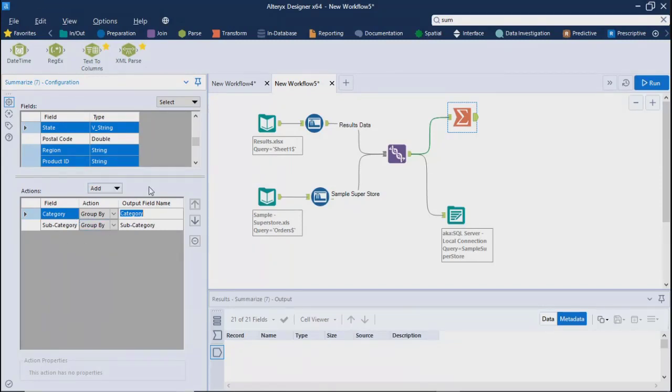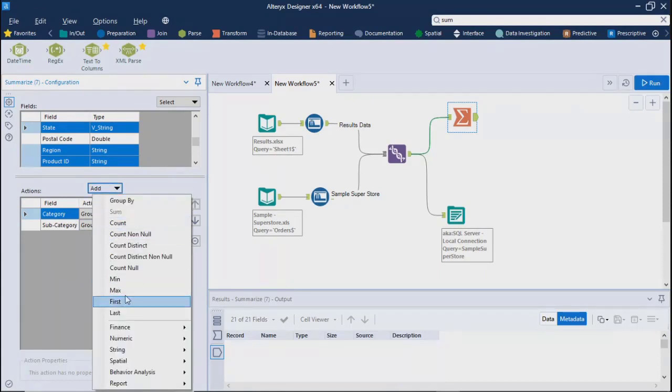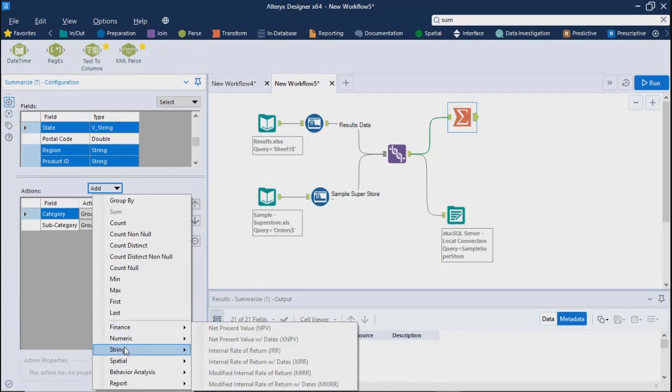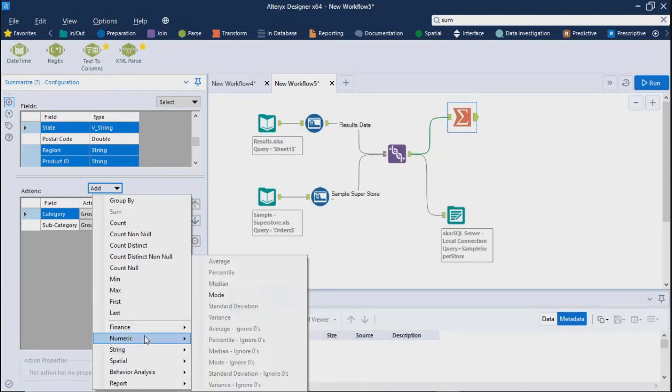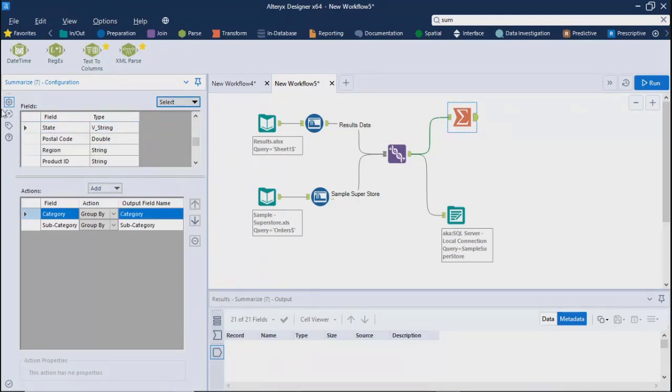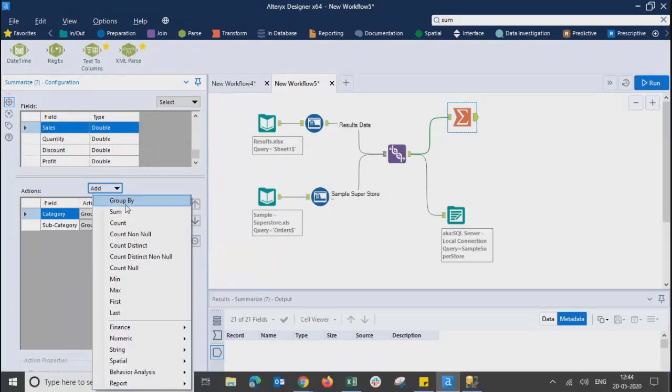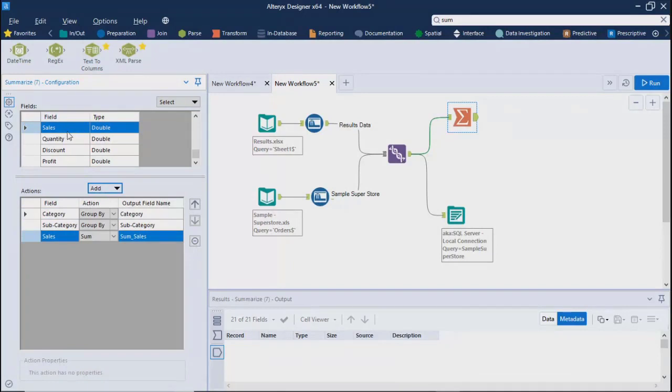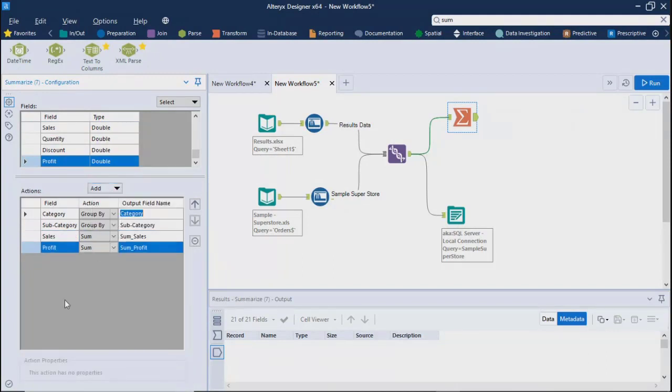Now the next thing I want, I will take sum. For sum, I will go to finance or maybe numerical. Okay, you need to select first of all your fields. So let's say none. And you need to select the field for which you want, and then add. So sum. First of all, you need to select the field which you want to add in the bottom segment, and then you can get accordingly the aggregation. So for profit also, I will get sum and will do it here. So you got your levels as category and subcategory, and then you got sales and profit. So it will show the sum.